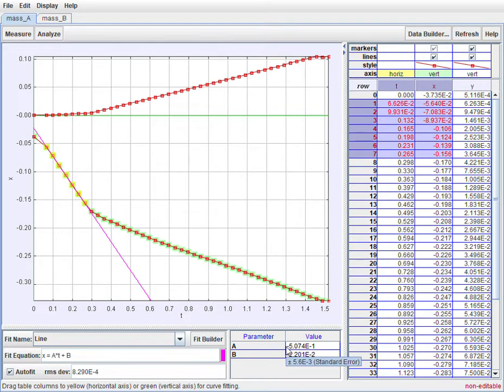And you can see the gradient of this is, okay, I'm going to ignore the minus signs because we don't care about the minus signs, is going to be 5.074 times, this e to the minus 1 means times 10 to the minus 1. So my velocity is 0.5074 meters per second before the collision in the x direction, and this is for mass A, the one that